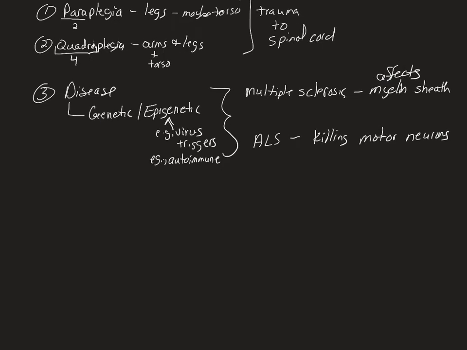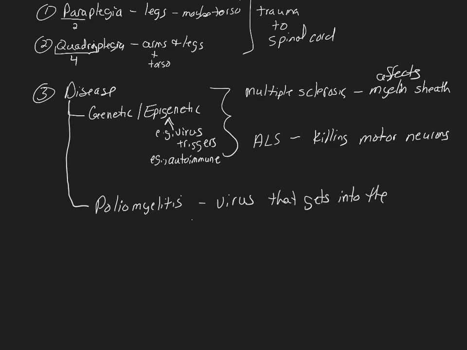You've also got, so that's genetic, epigenetic examples, but you also have things like polio myelitis, okay, and this is caused by a virus, okay, that gets into the anterior horn of the spinal cord, okay, and it basically causes destruction of the motor neurons there. So remember, anterior horn is motor, okay, so it's destroying those motor neurons, so it's affecting lower motor neurons, okay,